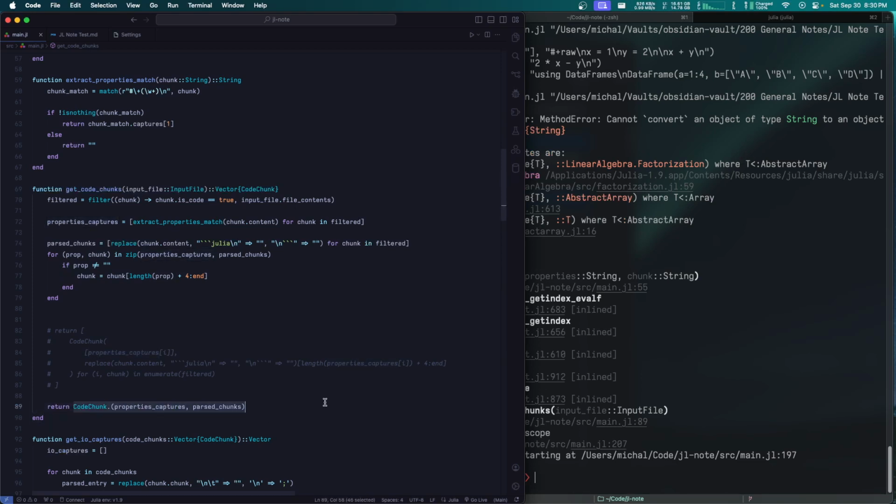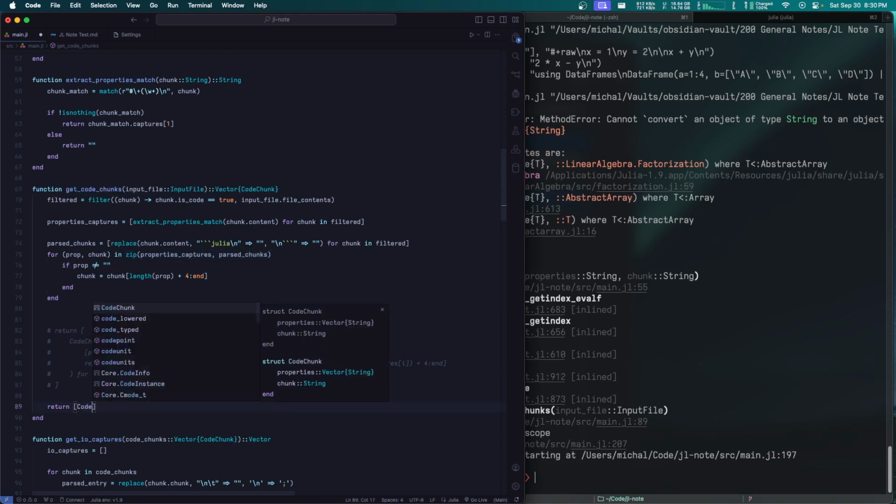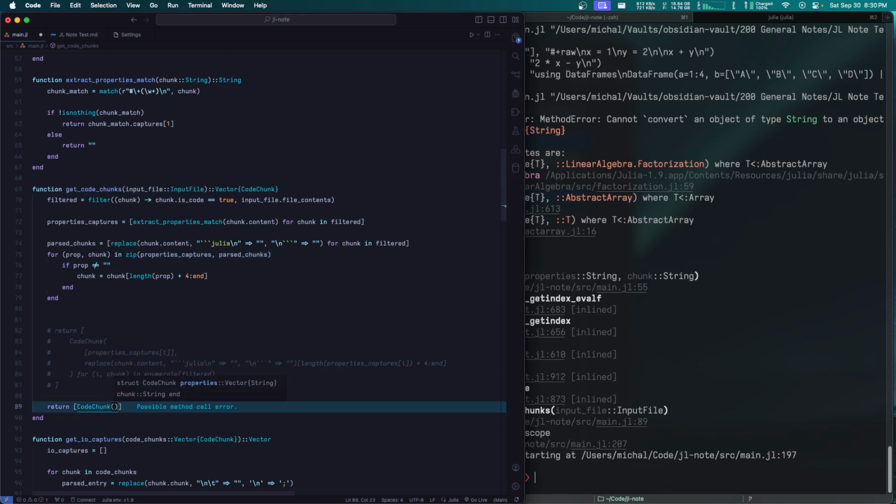That won't work. I just need to make it a little uglier. I'll just do this again. Hold on. Zip. I just need to wrap the prop in a vector